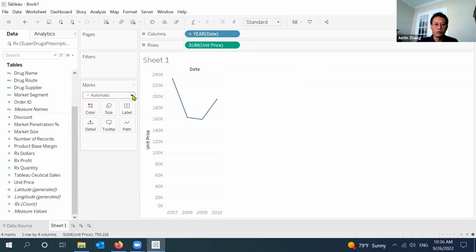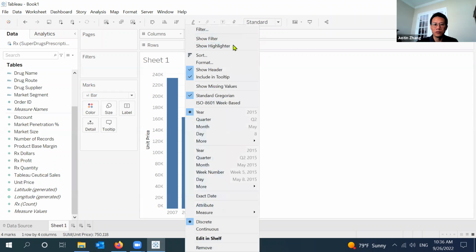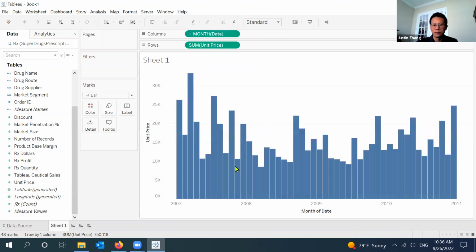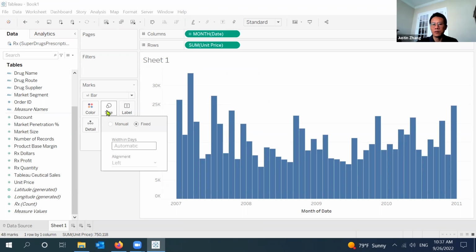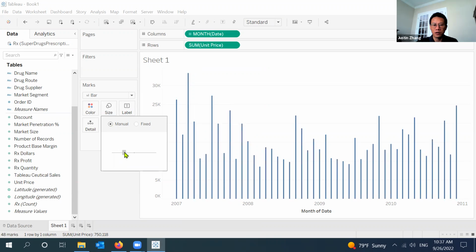You can go to Automatic under the Marks category and change this into a bar chart. For the time, we want to use this specific format, which is months followed by year. We can also adjust the width of the bar. Instead of fixed, we use manual. We can change the width of the bar